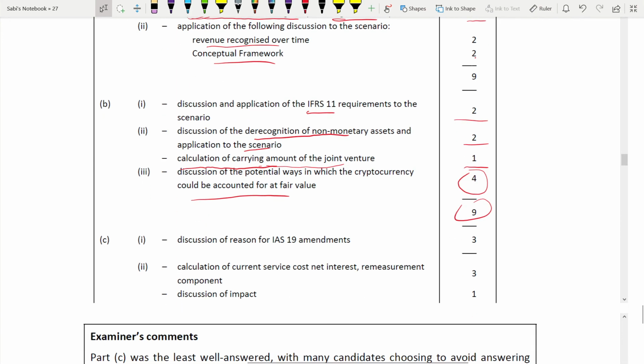Next one, they didn't break it down. They just told that it's 3 marks and 3 marks only. That means discussion for the reasons. You can give 3 reasons. Okay. And second,